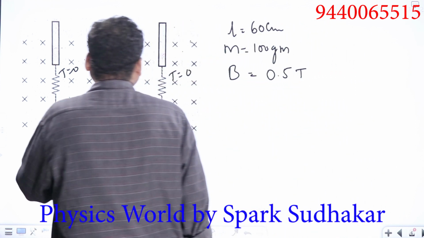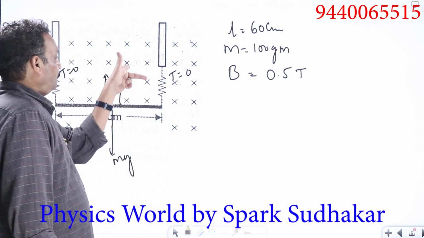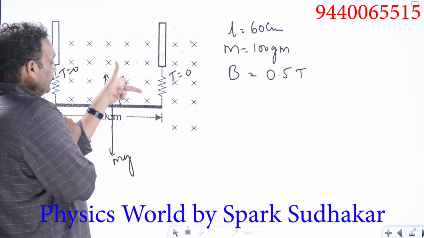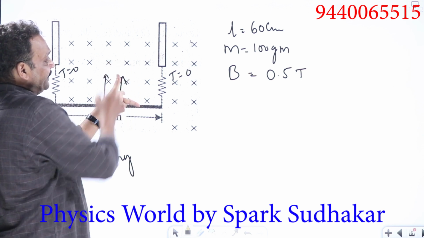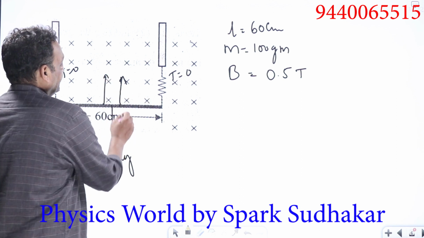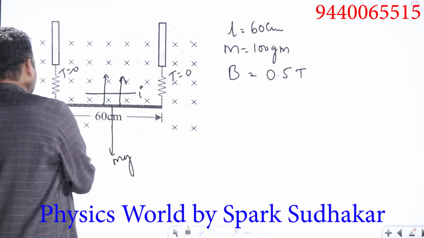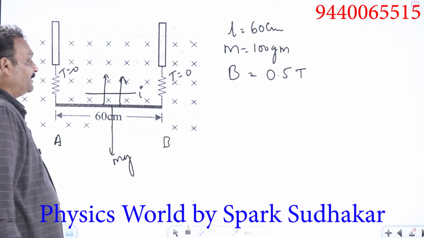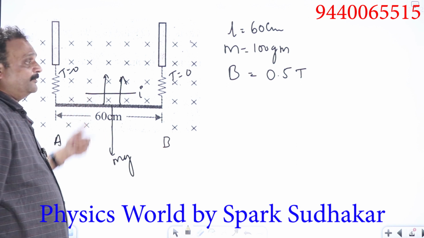For what direction of current will the magnetic force point upwards? By Fleming's left hand rule, forefinger in the direction of the field. The force should point upwards in the direction of the thumb, so the direction of current should be like this. Means current I should flow in this wire towards our right, from the point A to B. That force should also be equal in magnitude, and opposite in direction.